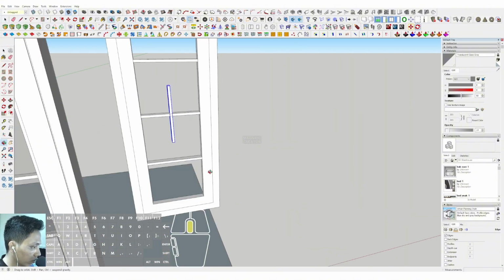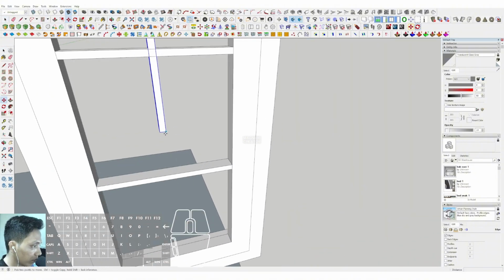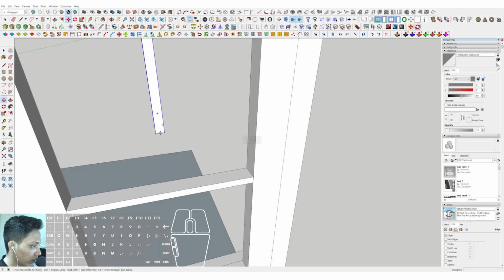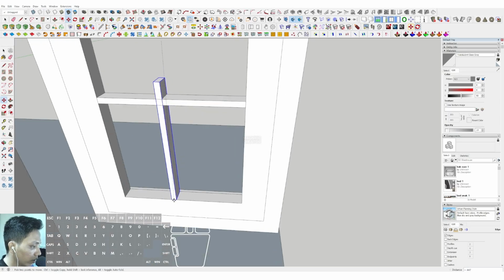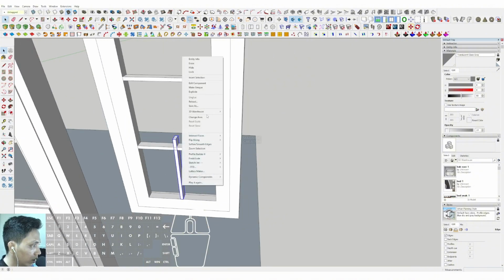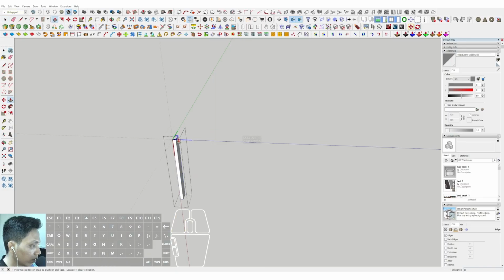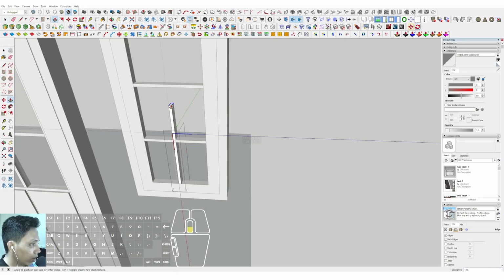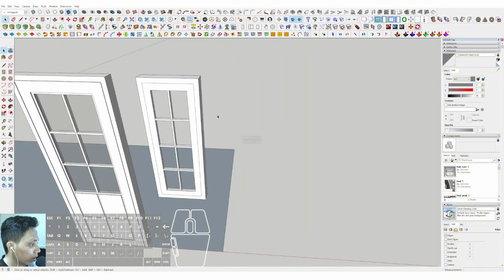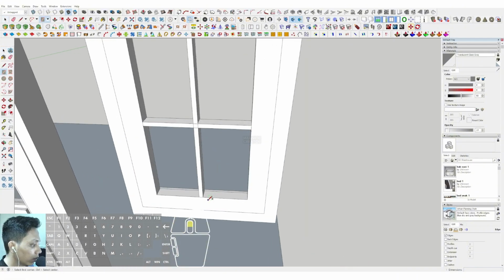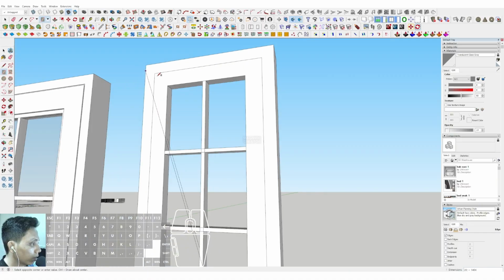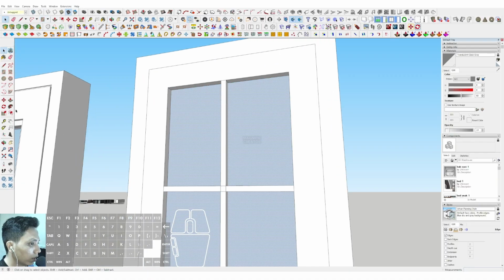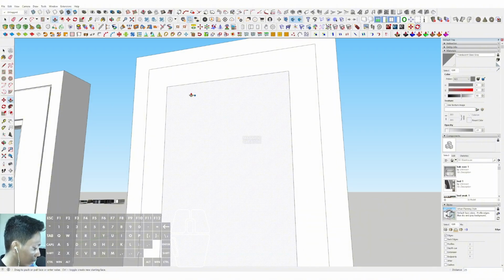Then now we can select move. Okay, we can select move on the middle. We can move on the middle position of this window, right click and make unique. Then we can push it up until the position in here. Then now we can select rectangle and click from the middle, and then place on the middle again in here. Then we can click and push it to the front, type